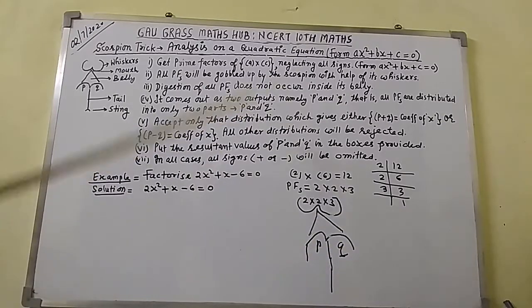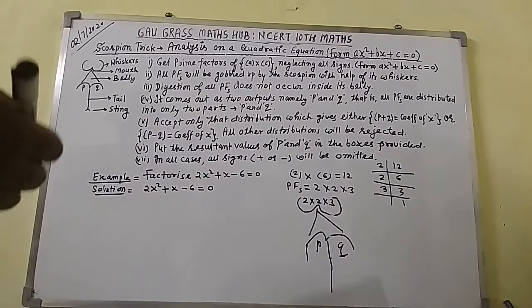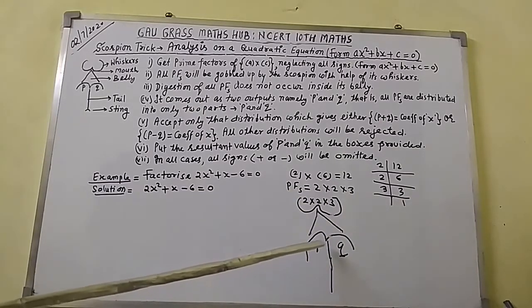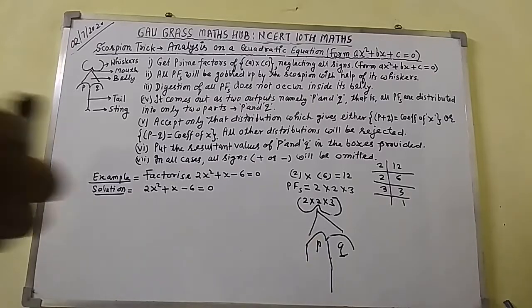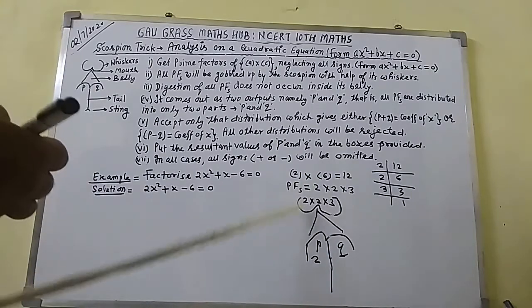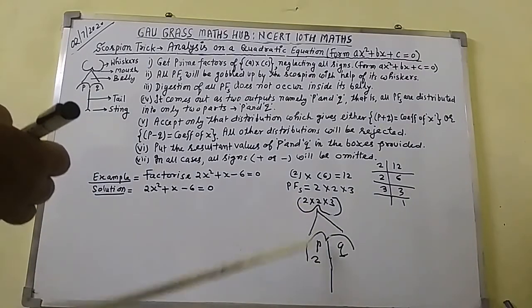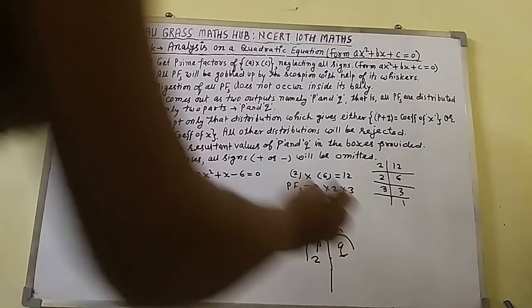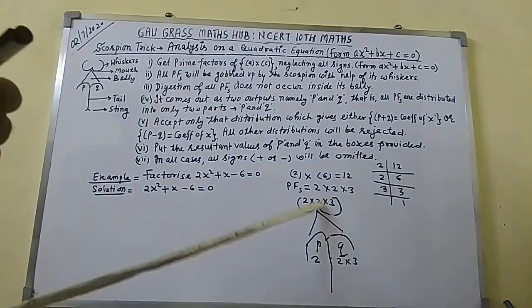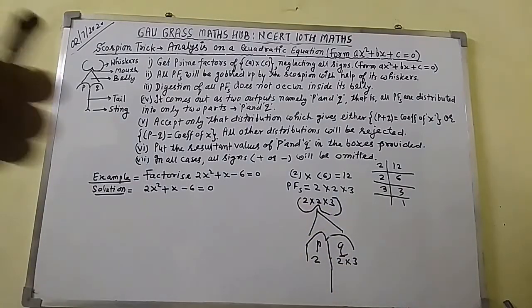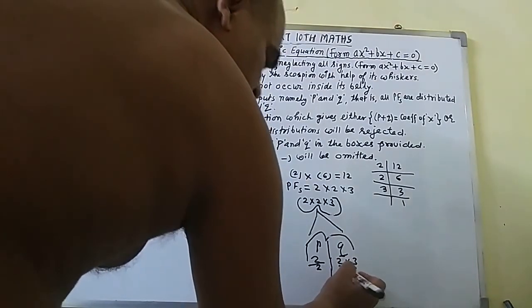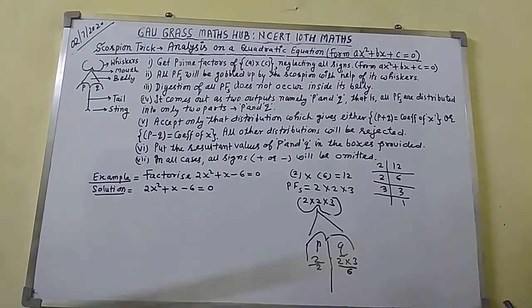Here I have made two parts. Now all PFs will be distributed into only two parts, P and Q. Now here take 2. If you take one part, P equal to 2, the next part 2 into 3 comes out. This part comes out. So what result will you get? The result here you get only 2. Here the result you get is 6.